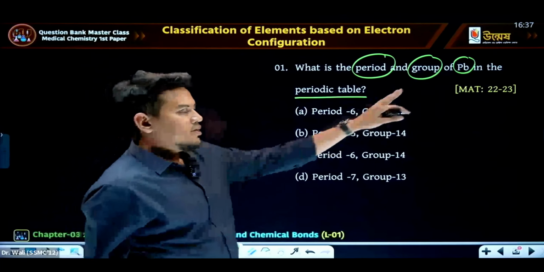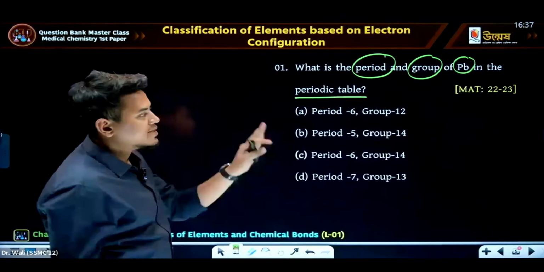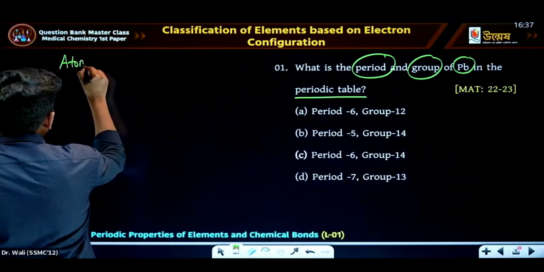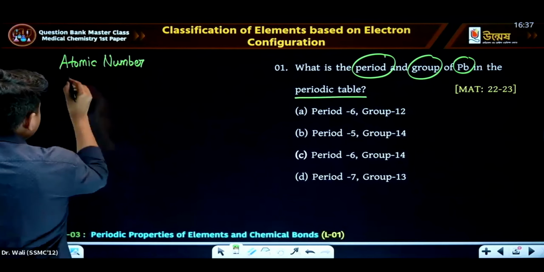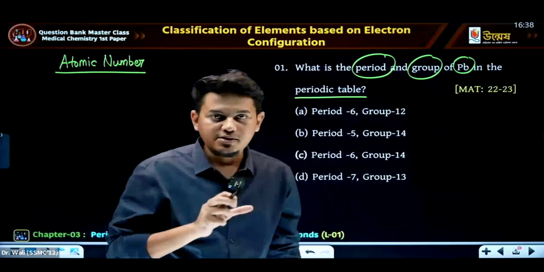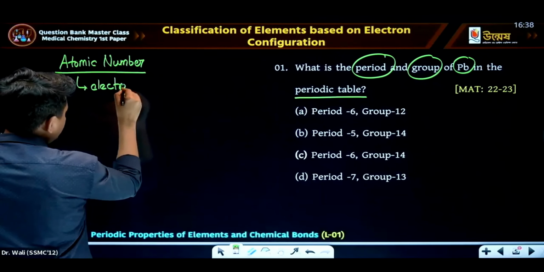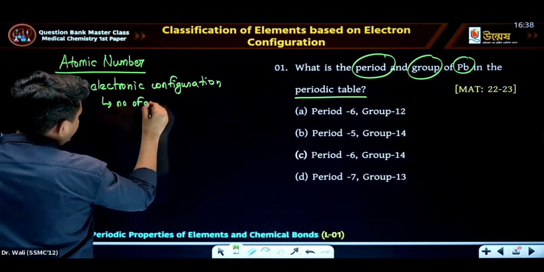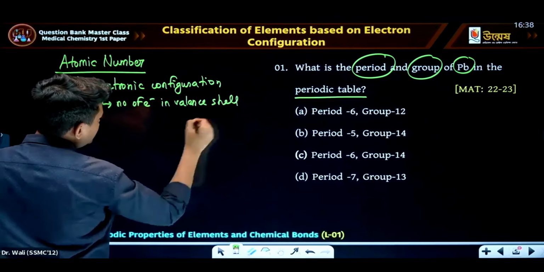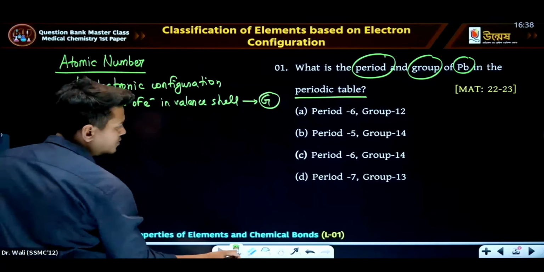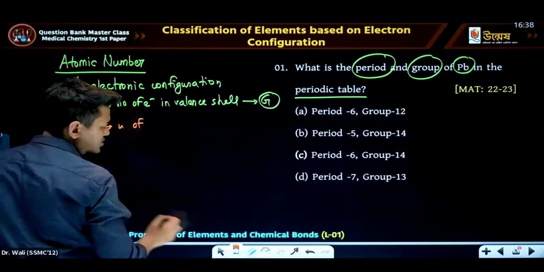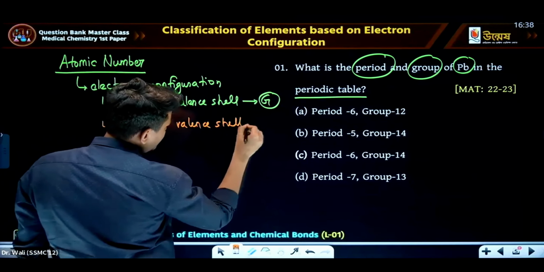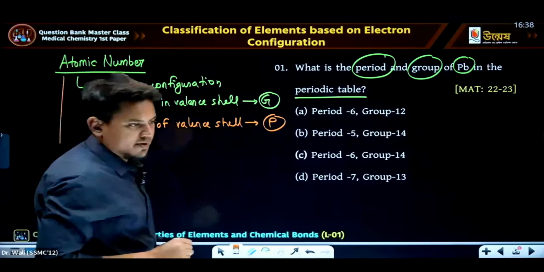Okay, first of all, how can we answer this type of question? In case of determining the period and group, first we have to know the atomic number of the element provided. If you know the atomic number, then we can determine the group or period by determining the electronic configuration. According to the electronic configuration, we know that the number of electrons in valence shell actually determines the group, and the highest principal quantum number of valence shell represents the period. But this is the ideal approach, but it is very time consuming, and in an exam